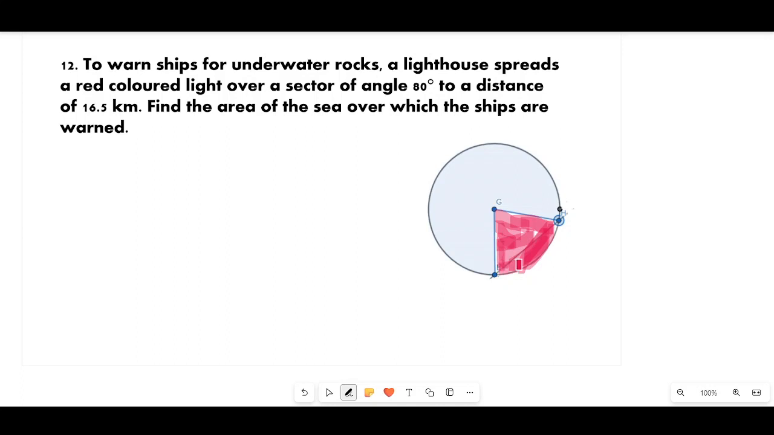Clear? This is a red color here, lighthouse splits. Now this is 80 degree. Clear? Now length is given that 16.5 kilometer. Now area of this sector, so